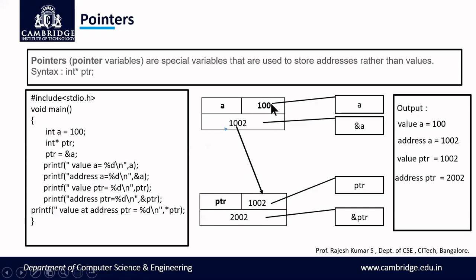Now suppose I want to print 100 on the monitor screen. How do I print 100? That is done with the help of *ptr. What is the meaning of ptr and *ptr? Check it out, students. ptr means only this value, which is nothing but the address, and that value will be printed. *ptr means in this address, what value is present should be printed. 100 is the value present, so 100 will be printed on the monitor screen.